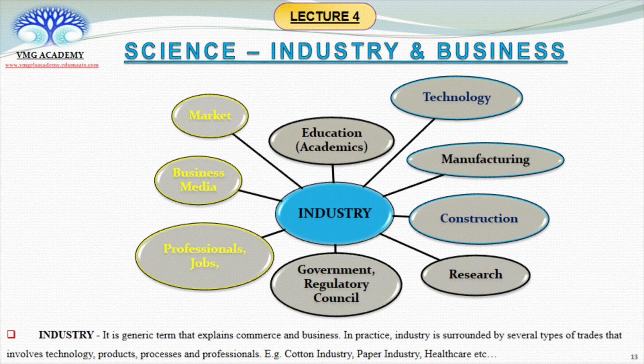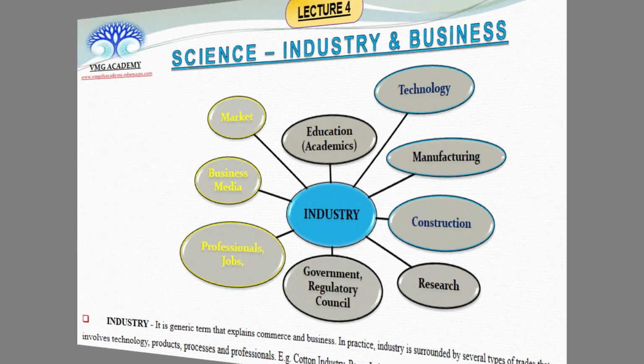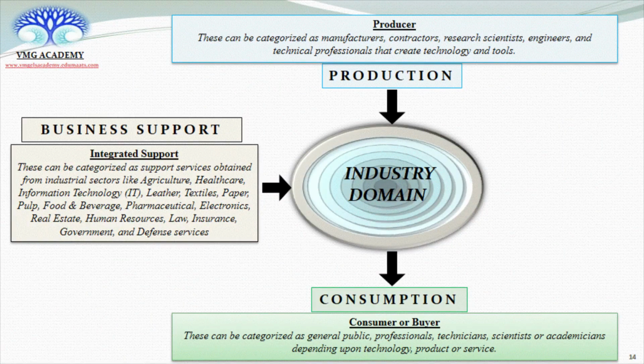Industry can be viewed as a complex web of what we have studied in the previous lectures, which is science education, scientific skills, and elements of scientific communication. However, in practice, it means exchange of information or several types of trade practices among various bodies that are involved in the development of industry. Now, let us understand this aspect further.